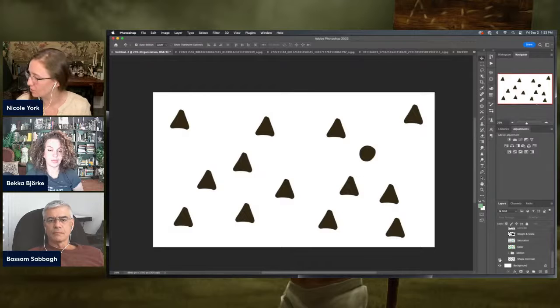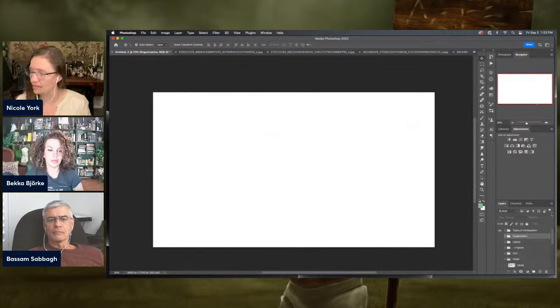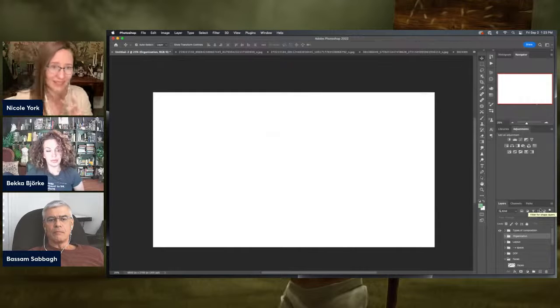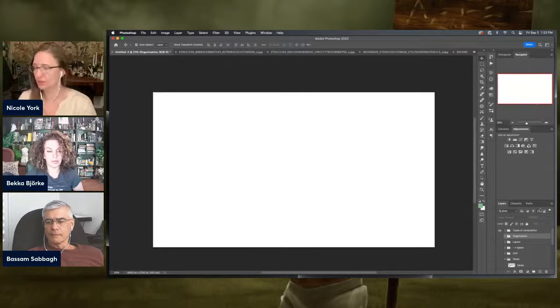Let me turn these off real quick. All of those things are ways that we can control where the viewer's eye goes, what they see first, what they see next, how that information is organized, right? So that was just a really simple, broad overlay of what composition is like.